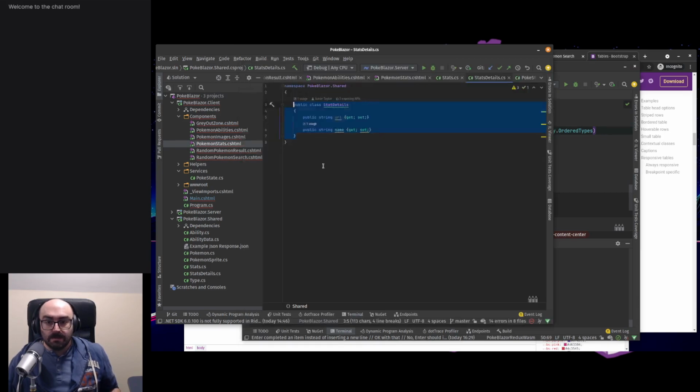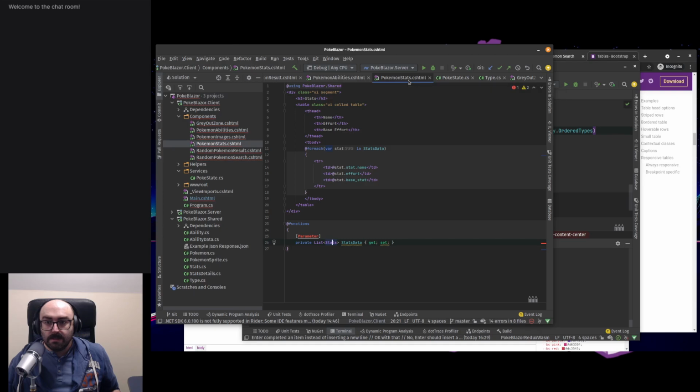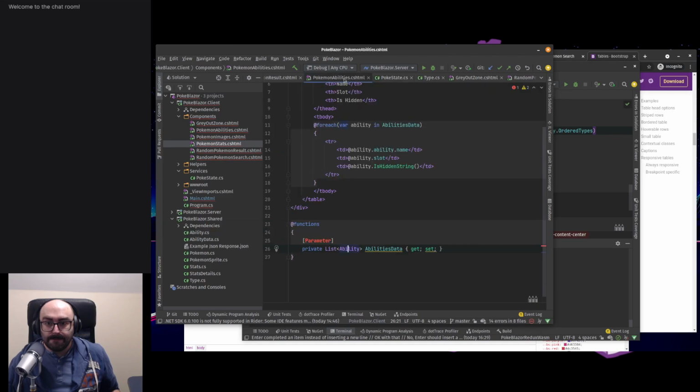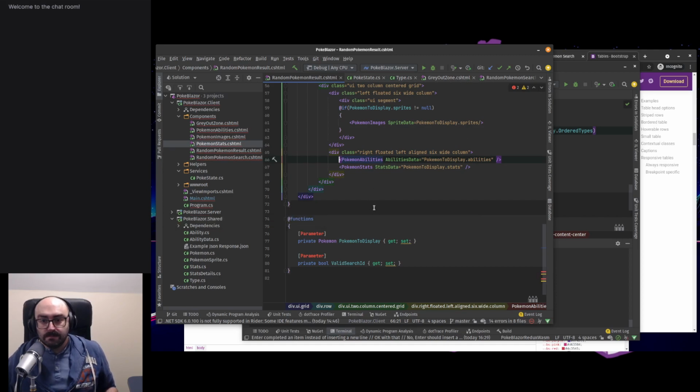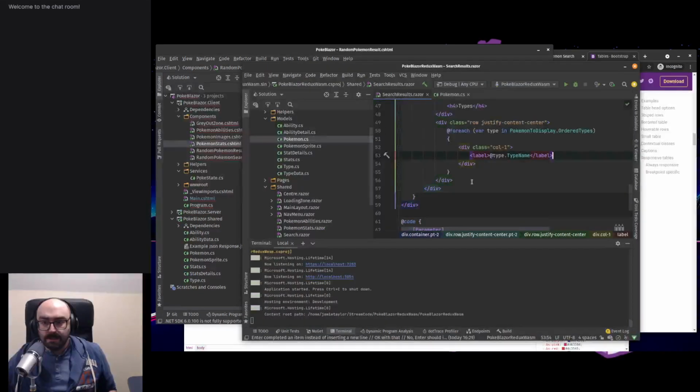What we're going to do is we're going to recreate how to add them. So let's get rid of these, get rid of that, get rid of that. Okay. Get rid of all of these. Right floated, left aligned 6 wide column. So this would be